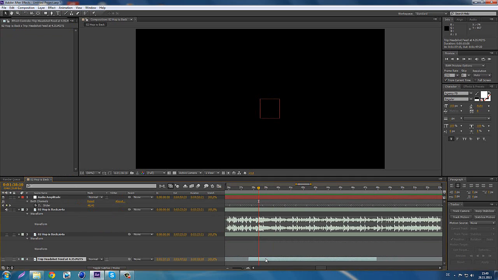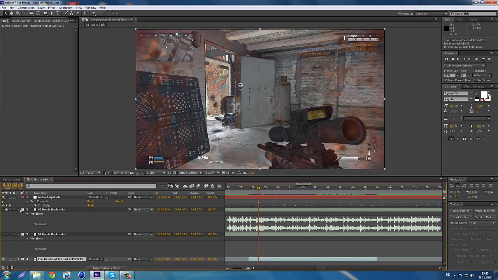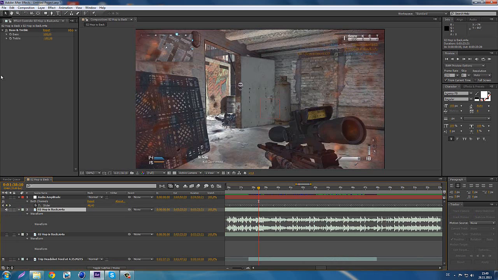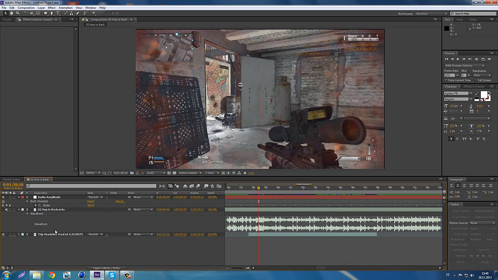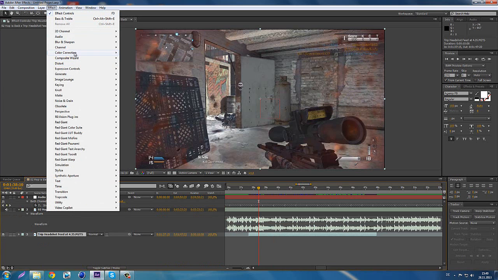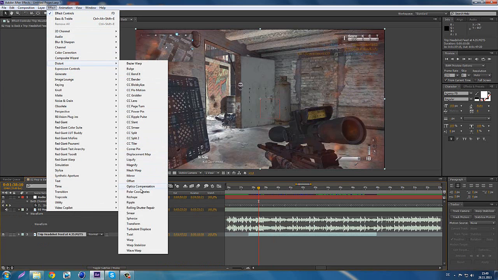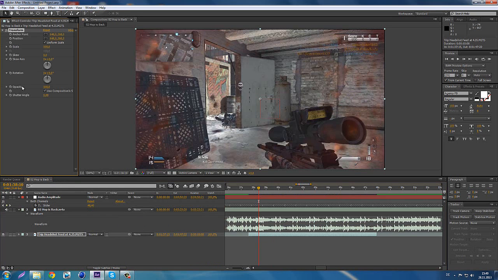So what we're gonna do is just put the other thing back on. We can now delete the song where we put the bass and treble on, and the other one back on. Alright. Now we go to effects, distort, and where is it? Transform. You can also go to your scale in the transform in the drop down menu here, but I choose